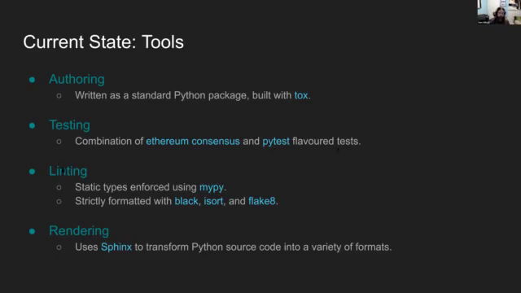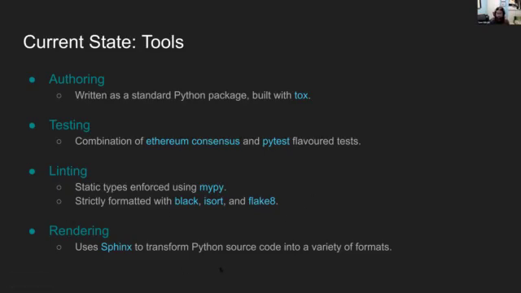Now for linting, since we're a specification, we have fairly strict rules about the format of the code, how imports are done, and static typing. Static typing is like Java or Rust, where if you say something is an int, it enforces that it's an int. So we use MyPy to enforce those annotations. The code itself is formatted very strictly with black, isort, and flake8. Normal Python tools just configured to be pretty harsh. There's also spell checking and a few other nice little things, but otherwise it's pretty normal.